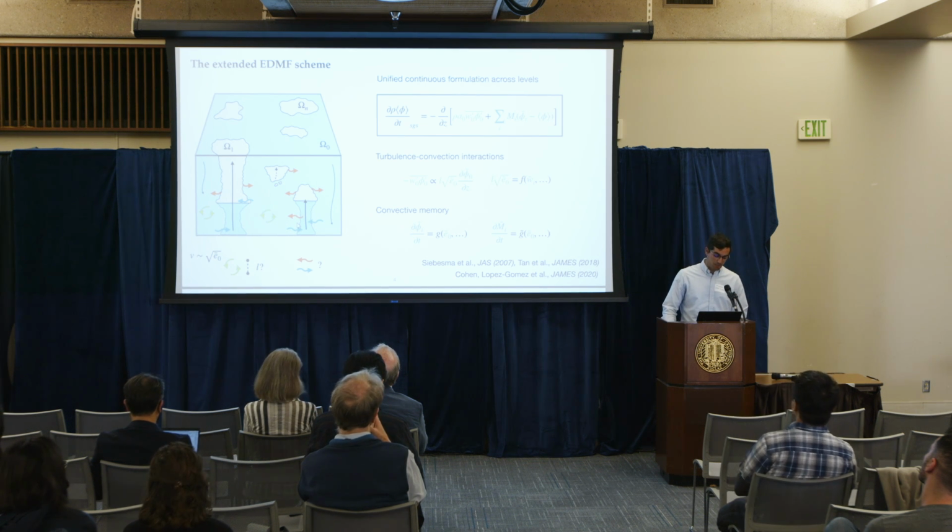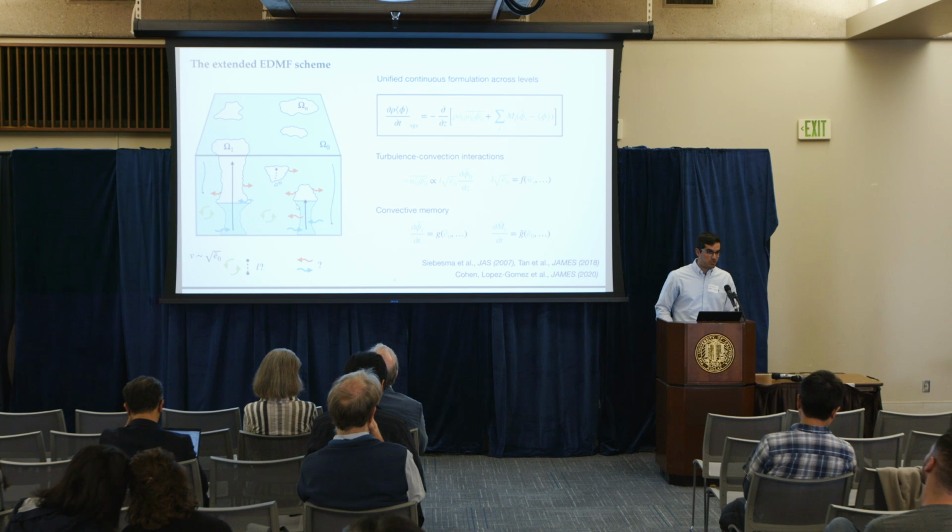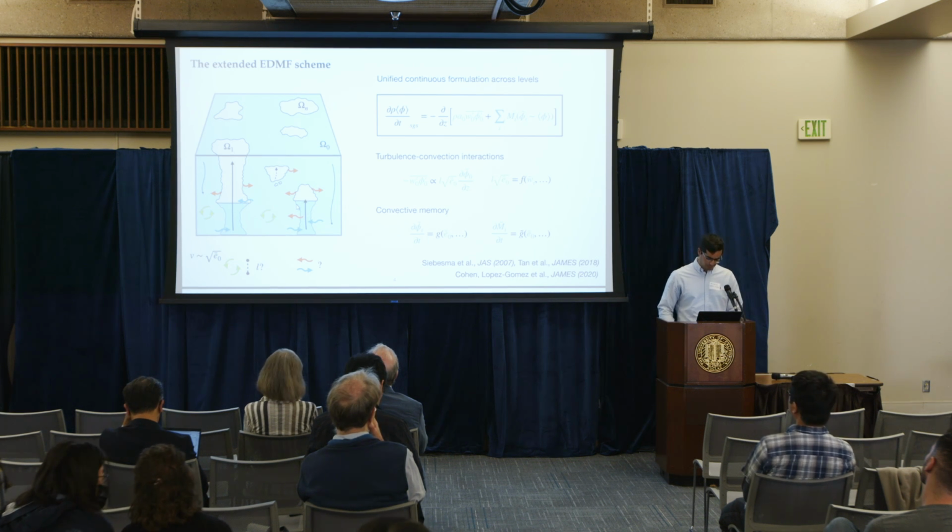In that case, they model dry convection. These updrafts interact with turbulent fluxes in the environment throughout the column, and we just have an evolution to moist shallow convection or moist deep convection, depending on the updraft properties and the termination height. And so what we end up with is a unified, continuous formulation across levels